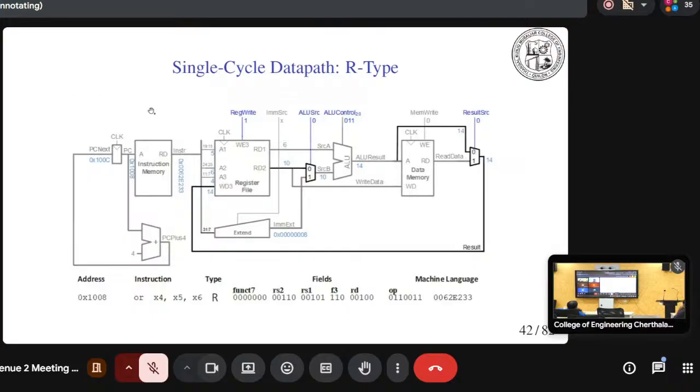Next one is the R-type instruction. In R-type instructions, we do various mathematical and logical operations. The difference in the R-type instruction is that here you need to write the data into a particular register, because you can see the instruction format like OR X5, X5, X6. So we need to OR the data in X5 and X6 and write it in the register X5. So the final data should be written to a register.